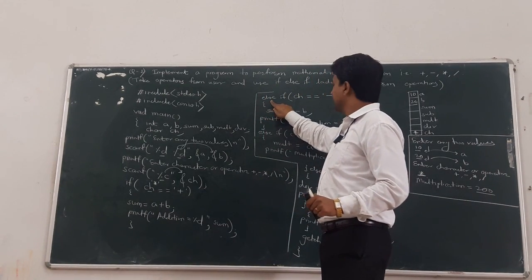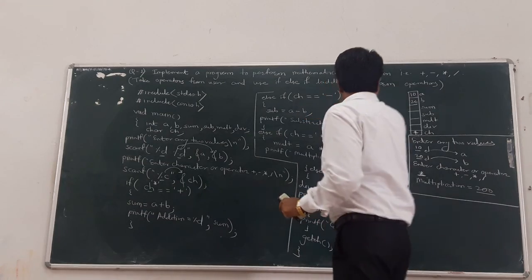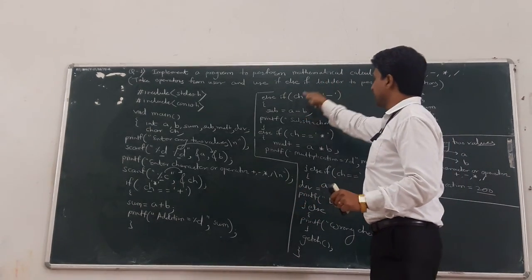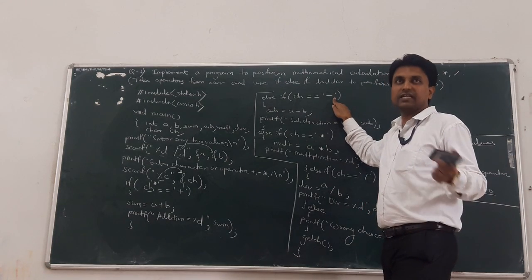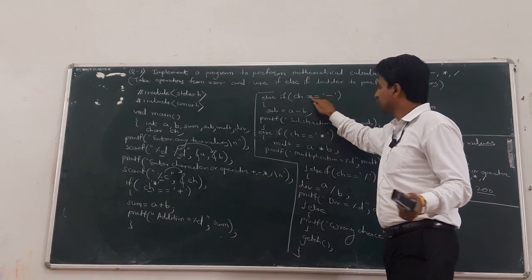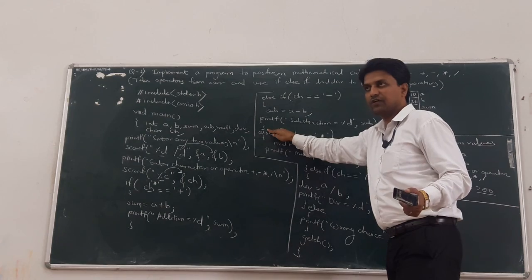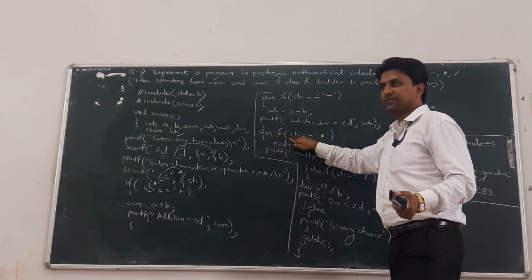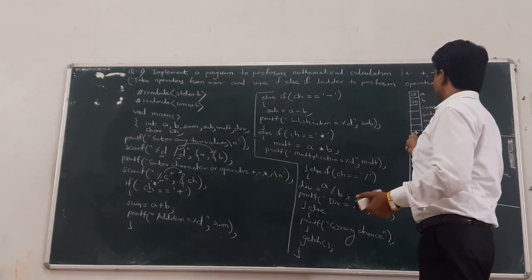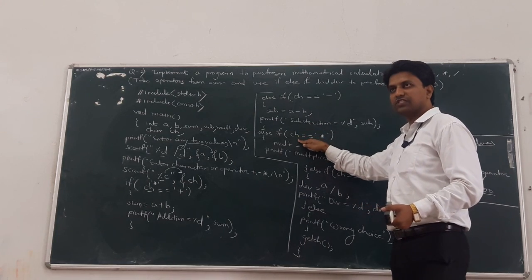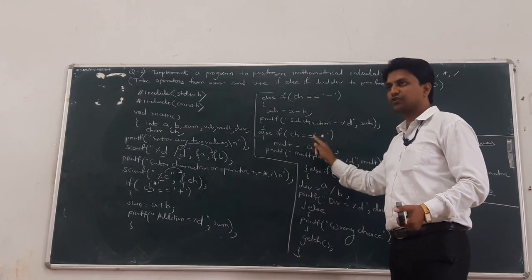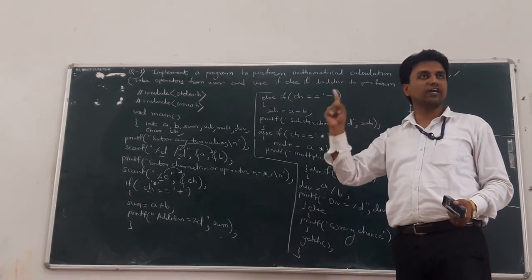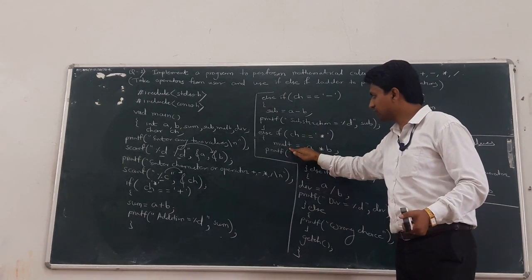What is the next step? Else if. Here ch means again take the value from the RAM, that is the star operator. Star is equal to minus, again it returns 0. So no entry to the else if. So the cursor goes to the third step. Again ch. Take the value of ch from the RAM. What is the value of ch? Star. And this star matched. So the equal to operator returns 1. So 1 means entry to the else if.